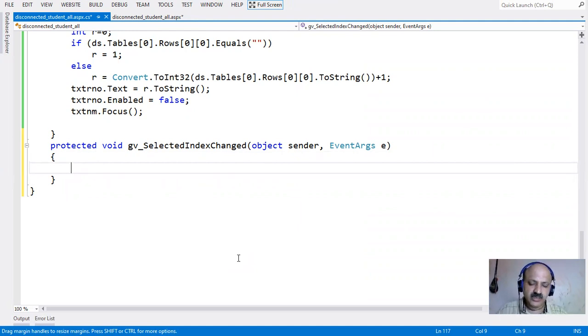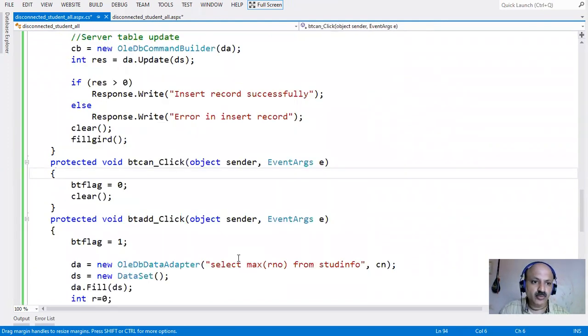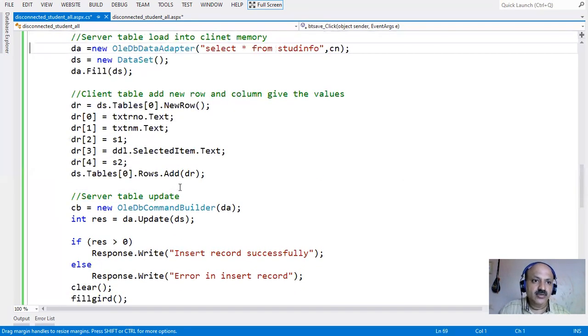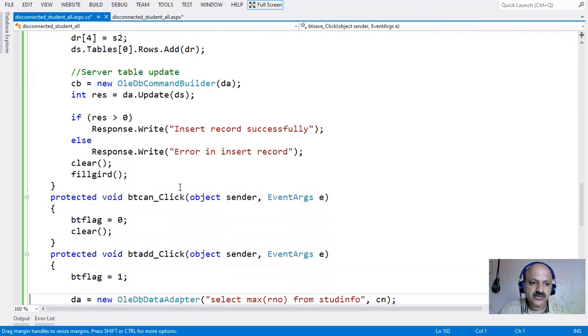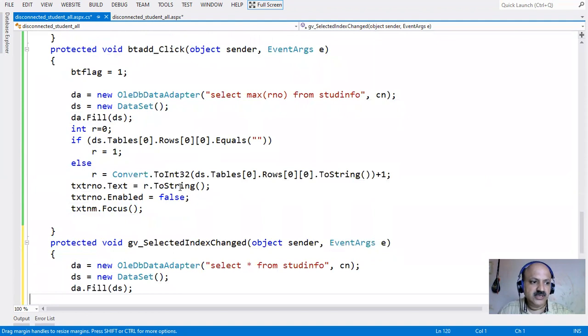Here we also write the code in the selected grid event, so that we can select the record appropriately. Here we use some logic, an important part to do ourselves. Which logic can we take here? The first three lines are the same as our previous ones. So I just copy these three lines into the selected grid event as well.